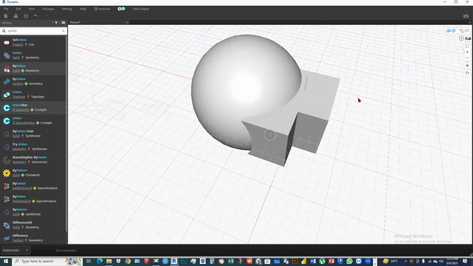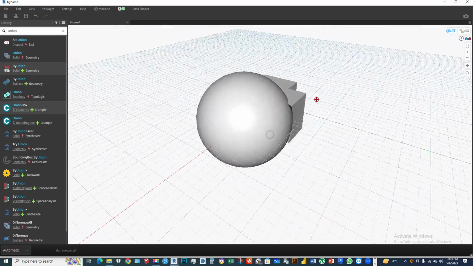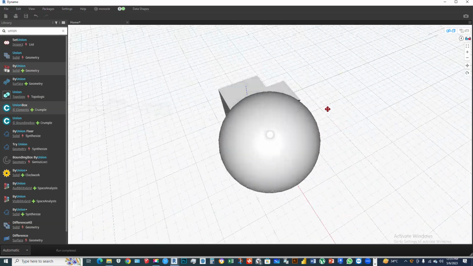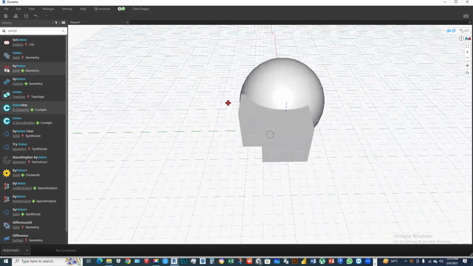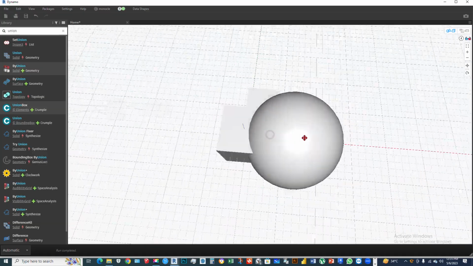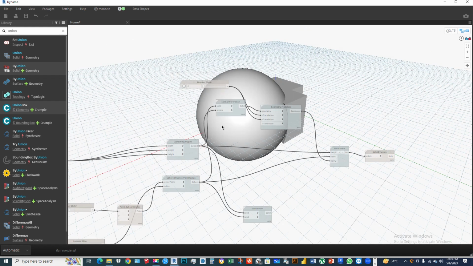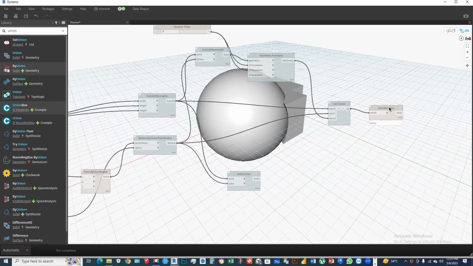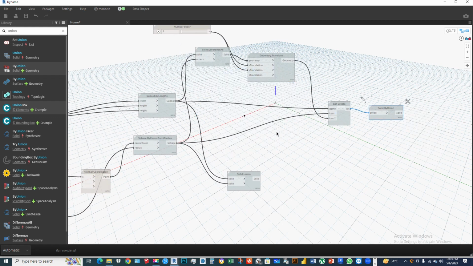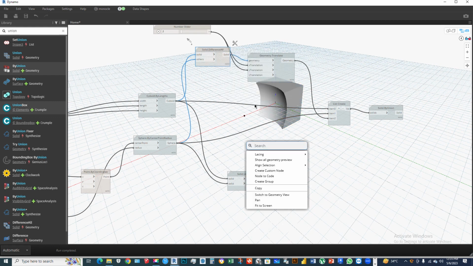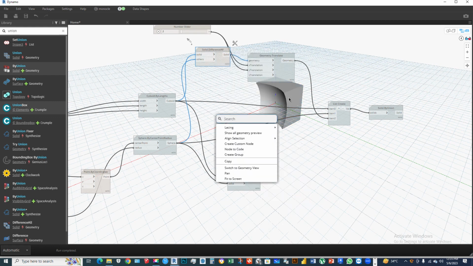That's how we create and add multiple geometries, connecting each other. And if we hide this for now and just unhide this subtraction, this is the subtraction geometry from the main source object. Okay,